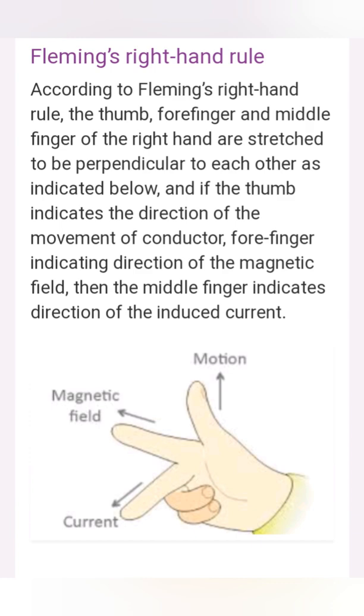Now this is Fleming's right hand rule given over here. You can read it out and note it somewhere. Children, in the next segment we will be studying about the electric generator and domestic